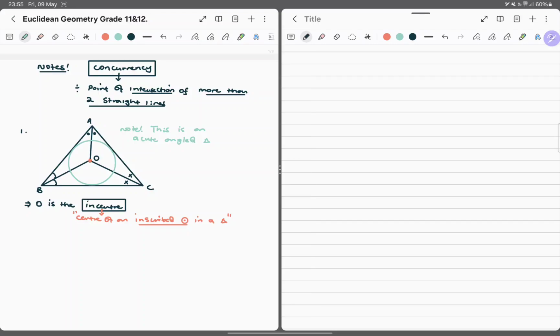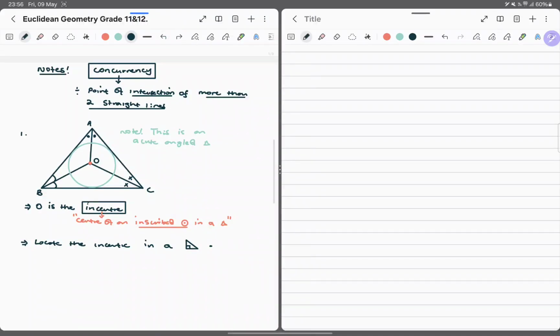Now, the challenge to the student is to try and locate the incenter in a right angled triangle,